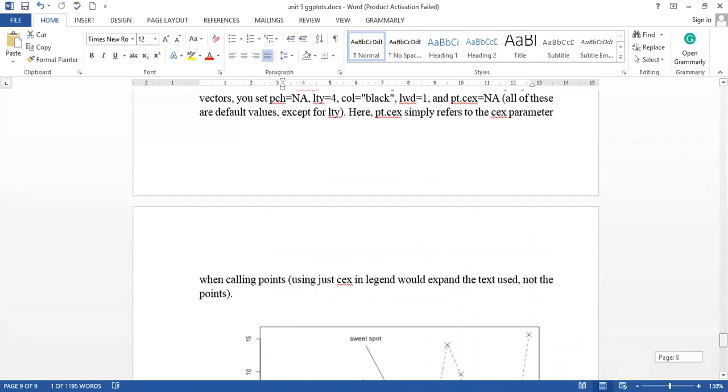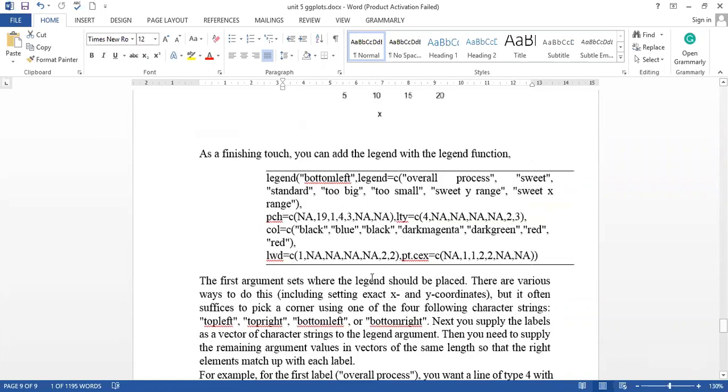So what is the code for that? To define the legend, first we have to give the location. As it is written bottom left, the legend will be printed at the bottom left position. You can choose many more settings like bottom right, top left. So these are the four positions that you can directly use. Apart from this, if you don't want to use these certain positions, you can define the values of the coordinates also. Like if you want to print the legend in the middle of the plot, you have to define the xy coordinates for that, where you want to print the legends.